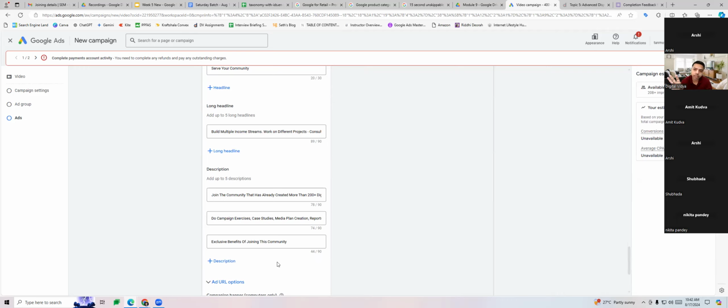You can still create a display ad just with images and text, because images are mandatory there. At the end of the day, it's an image ad. Video is an additional option, but here it's a video ad. So video is mandatory. It's a video campaign. You cannot create the ad without a video.